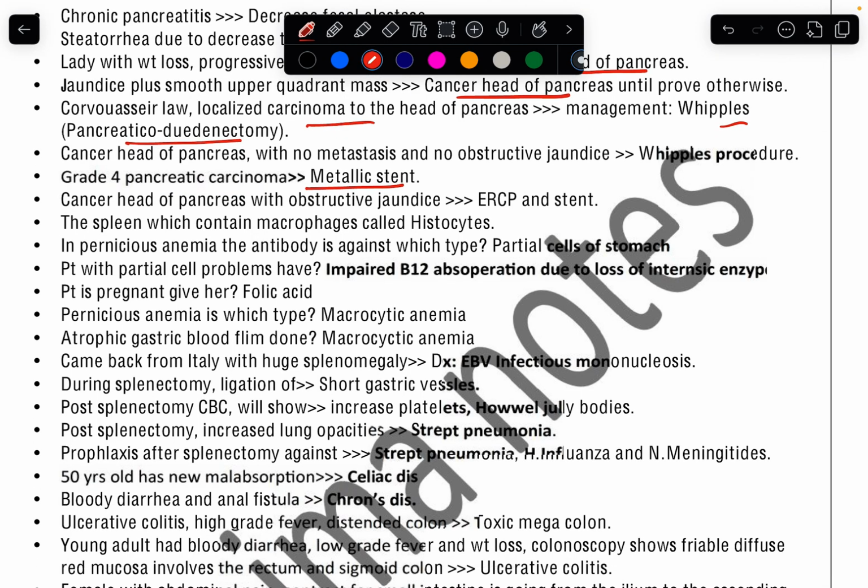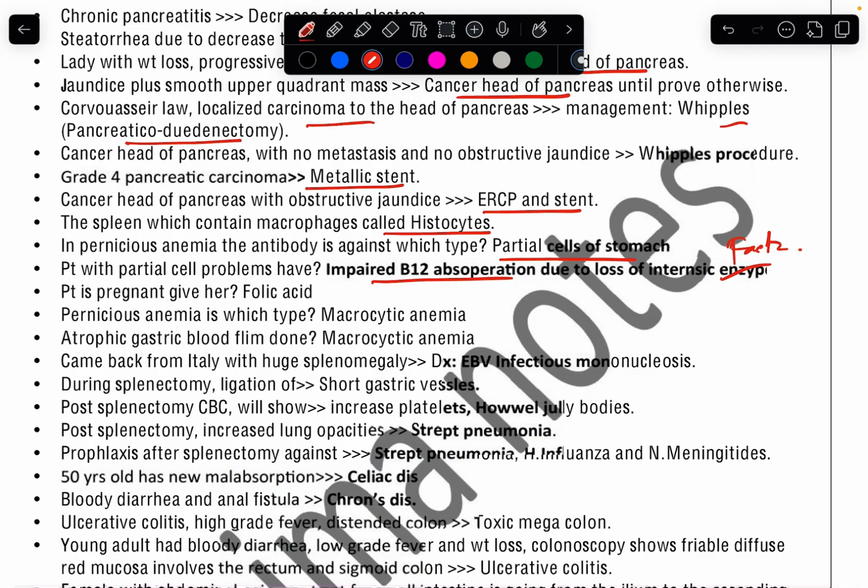No metastasis, Whipple's can be done. Cancer head of the pancreas with obstructive jaundice: ERCP and stent. Spleen contains macrophages, histiocytes. Pernicious anemia, antibody against which type? Parietal cells. Patient with parietal cell problems, impaired vitamin B12 absorption, loss of intrinsic factor